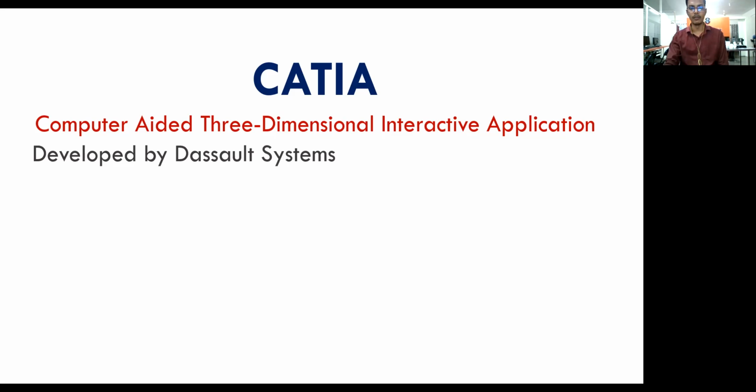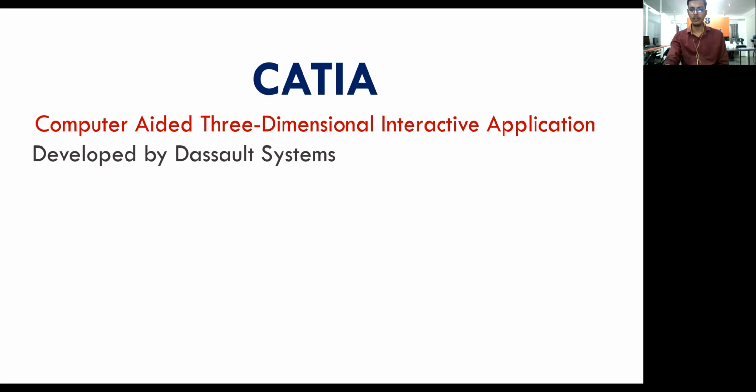At the time of World War II, he wanted to create his own kind of flying jets and all. That's why he invented CATIA, and it is heavily and purely used in two streams: our automobile industries as well as our aircraft industries, just because of the tools we have for surfaces.